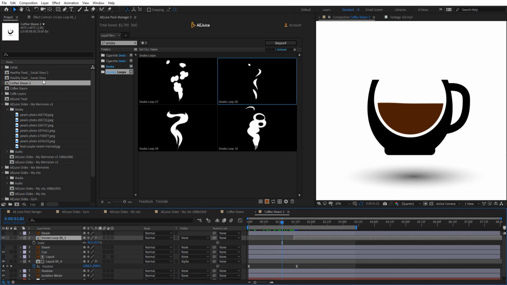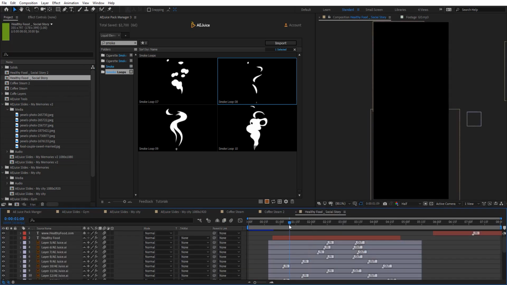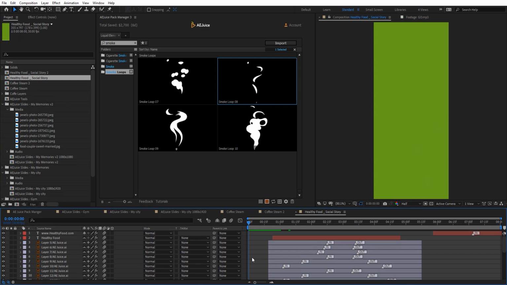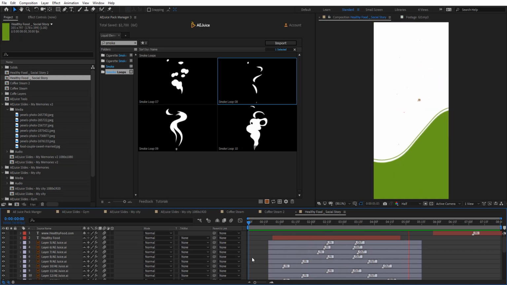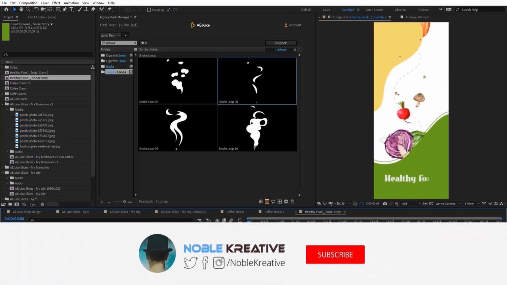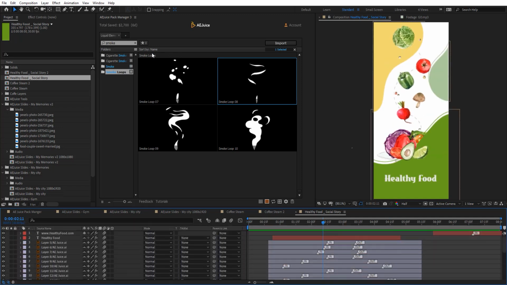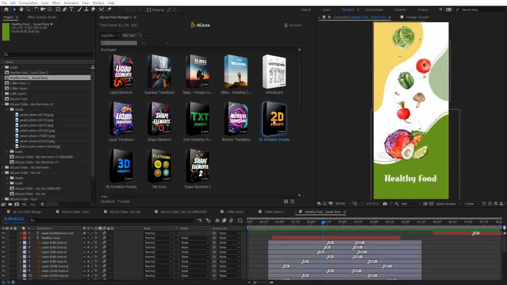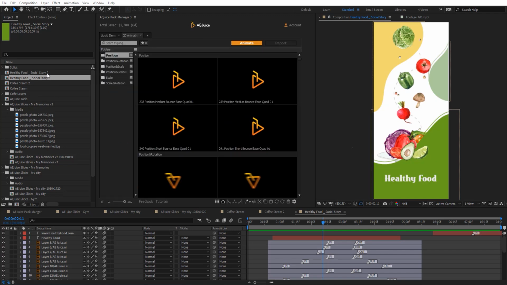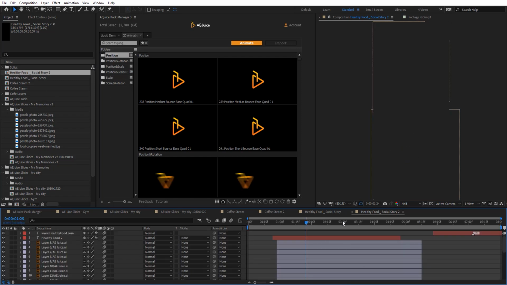And another example here. Let's say you're working on some social stories and you need to animate your graphics very quickly. Here I'm going to show you how to use 2D animation presets from EEJuice and quickly get a very decent result. As you see, this example looks pretty cool. So let me show you how I did that very quickly. Let's open these without any animation here.